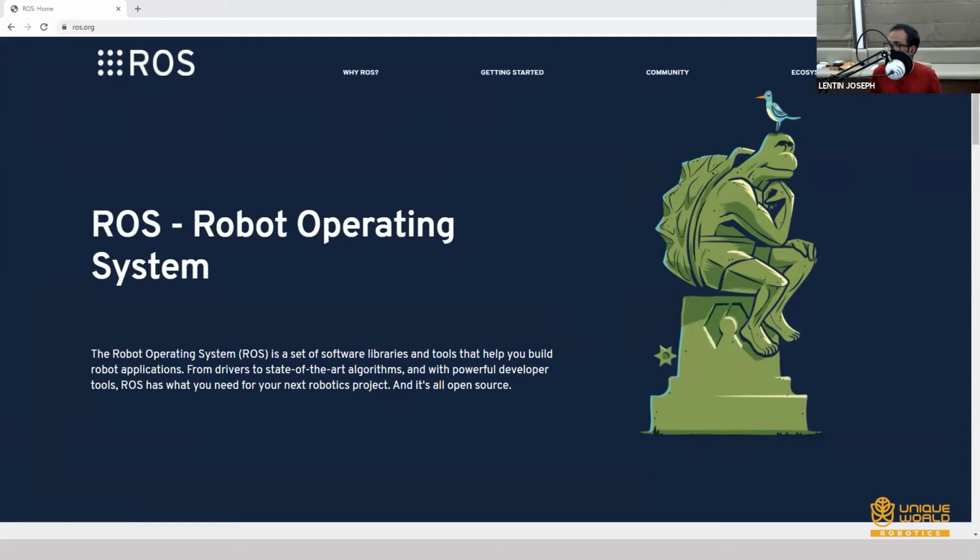There is another question: what are the basic math concepts needed for robotics, and from where to learn? This is a very important question, and I want to answer it. If you study a degree in robotics, the basic prerequisite is knowledge in algebra, linear algebra, matrices, vectors. All these things are very important. So math is the foundation of robotics.